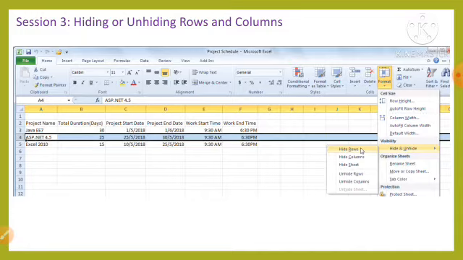At other times, you may want to print only certain columns of a worksheet while leaving out others. In all such cases, rather than rearranging the worksheet, we can simply hide the information that we do not require. We can always unhide the information by unhiding the particular rows and columns whenever we want.